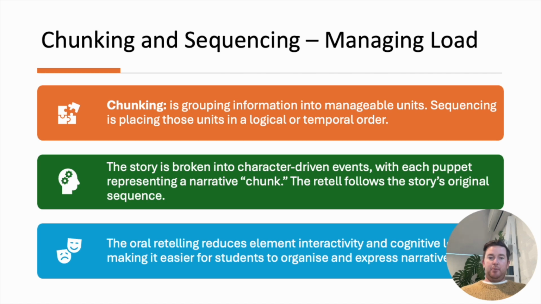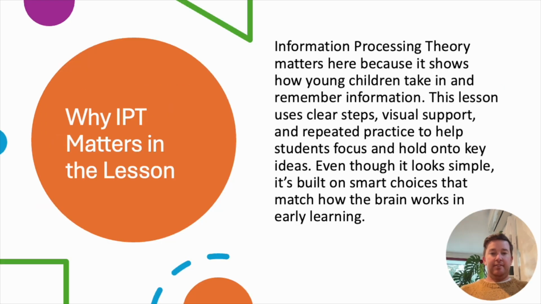The other thing that was important was the oral retelling element reduced the interactivity and cognitive load involved with telling the story, making it easier for students to organize and express their narrative. Information processing theory was an important lens to look at this lesson through because it shows how young children take in and remember information. This lesson uses clear steps, visual supports, and repeated practice to help students focus and hold on to key ideas. Even though it looks simple, it's built on smart choices that match how the brain works